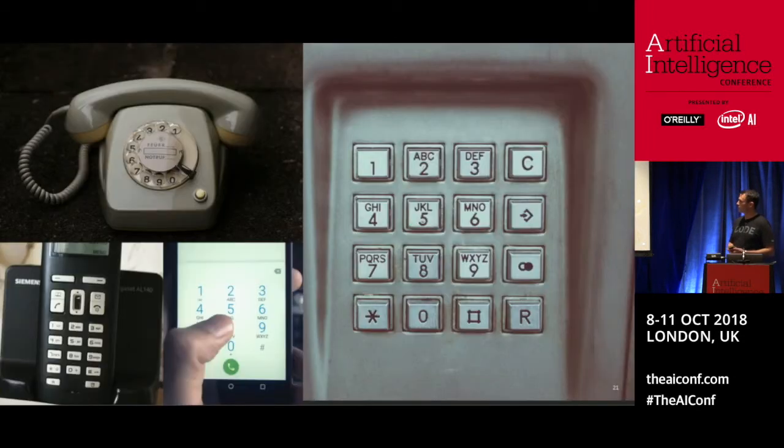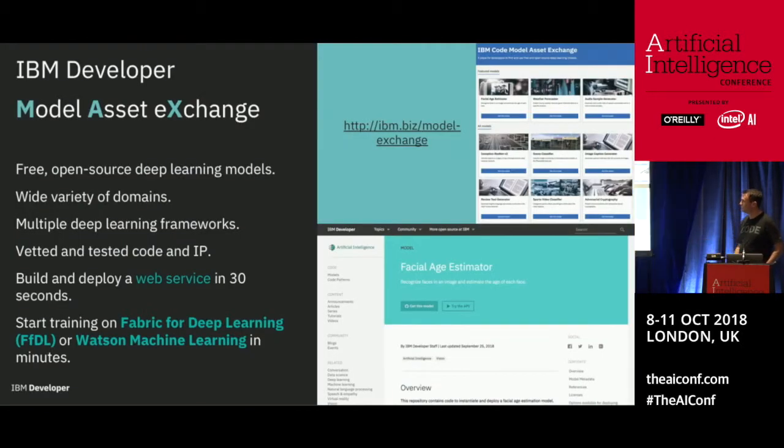And a big piece of this is standardization and the interface, right? So all of these phones are the same, right? They're not exactly the same, but where it matters, they're the same. They all have the same interface for dialing a phone number. And if you know how to use one phone, you know how to use the other. So standardization is key to making this consumability story smooth and this ubiquity story in enterprise possible. And this is what we've tried to do and set out to do with the Model Asset Exchange.